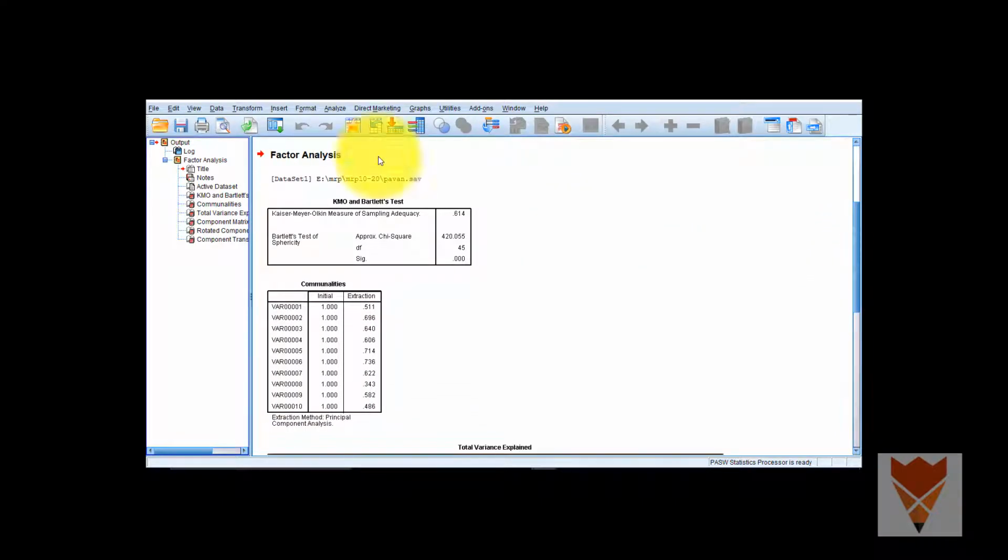Now the KMO or Kaiser-Meyer-Olkin measure of sampling adequacy is 0.614. It should be more than 0.5. 0.6 is good, and it tells that your sample is adequate, the data that you have collected is adequate enough to perform the further analysis.